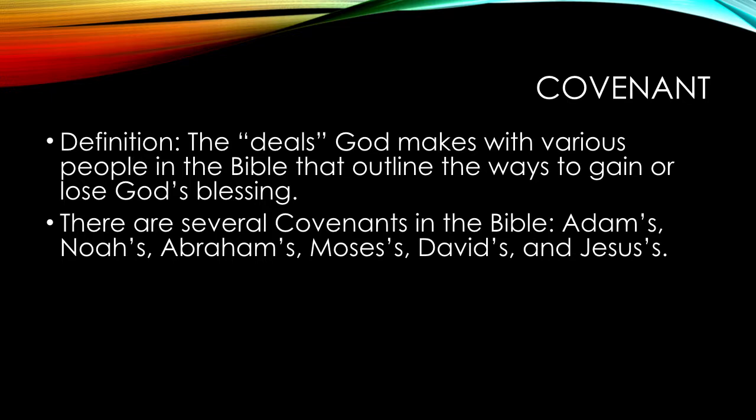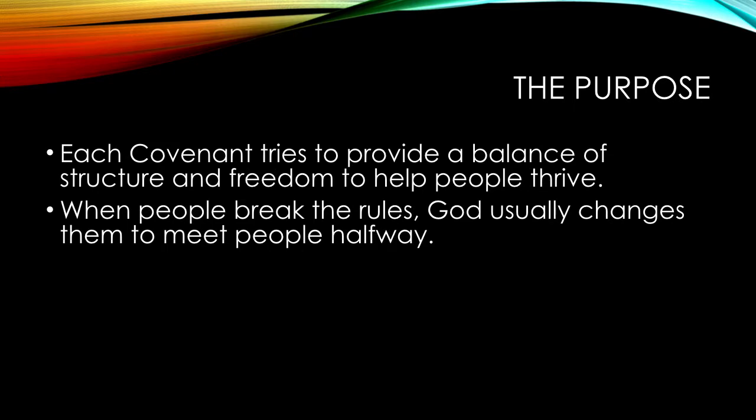There are lots of covenants in the Bible, and here's just a few examples. The purpose of a covenant is to provide that balance between structure and freedom that allows people to thrive. What we're going to see is that God usually just sort of simplifies and clarifies the rules when people screw up, because the purpose of the rules, again, is to free people as much as possible. This is a God, again, that created people deliberately, exactly as they are. And so it should be no surprise that all he really wants is for them to be able to be that. And so, again, when he's merciful about people screwing up, that's a good thing.